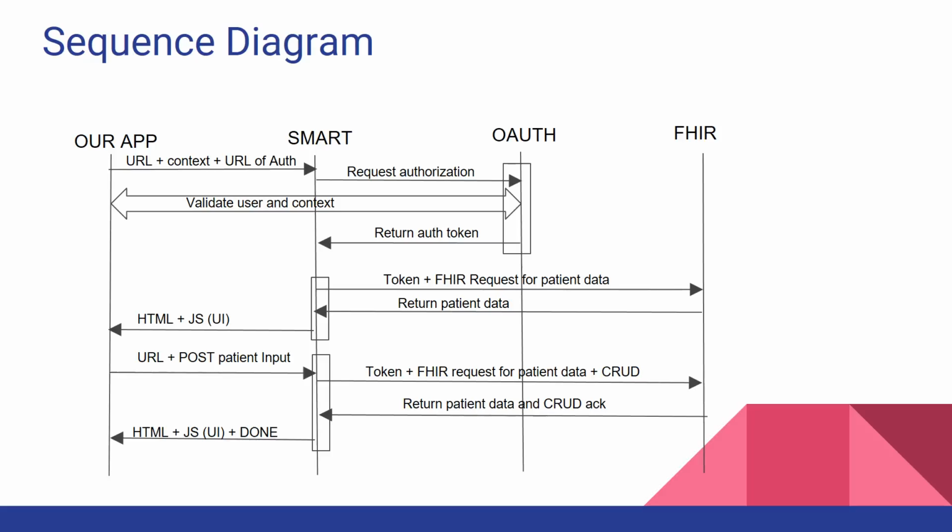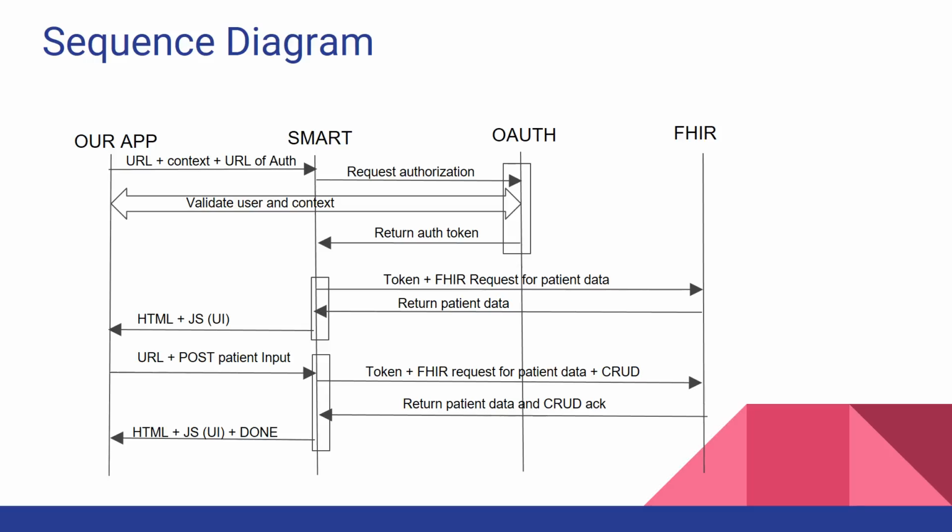This is the sequence diagram of our project. Our app will contact Smart using the URL and the authentication context. Smart will in turn contact OAuth for requesting an authorization. Once the user is validated and the context is verified, OAuth will return an authentication token. Using this token, the request for the patient data is given to the FHIR server. The FHIR server will return us the patient data, and this is given to our app using HTML and